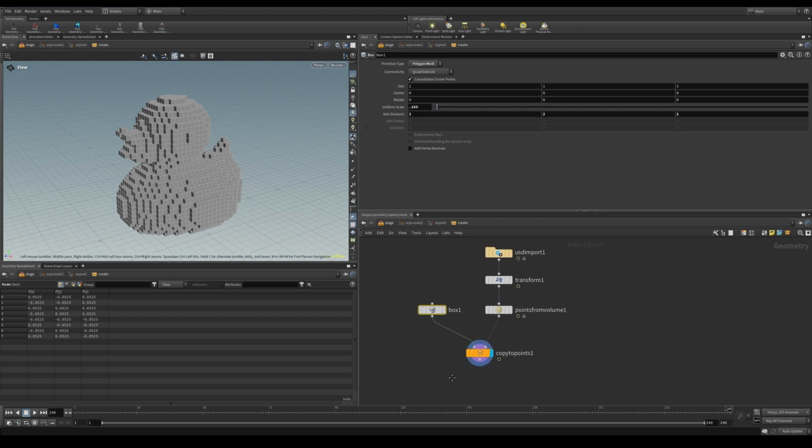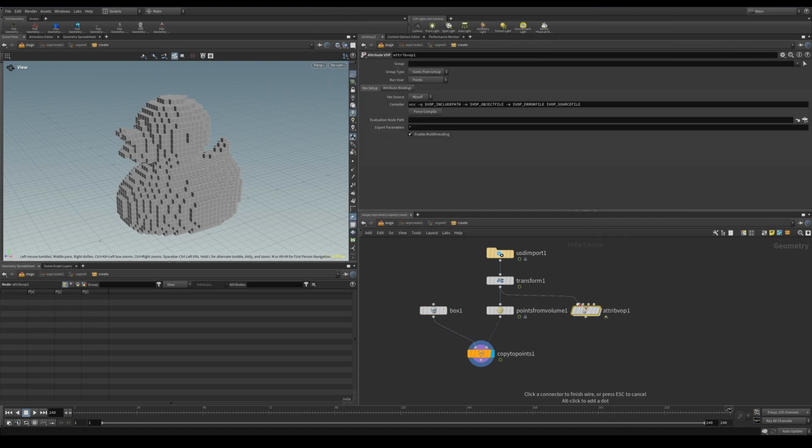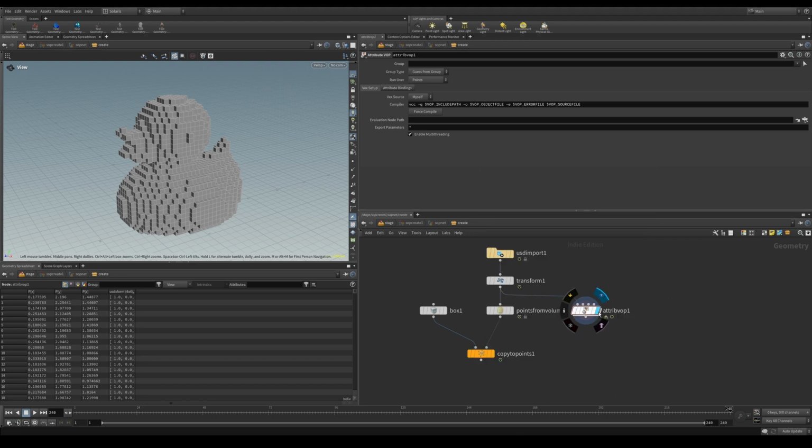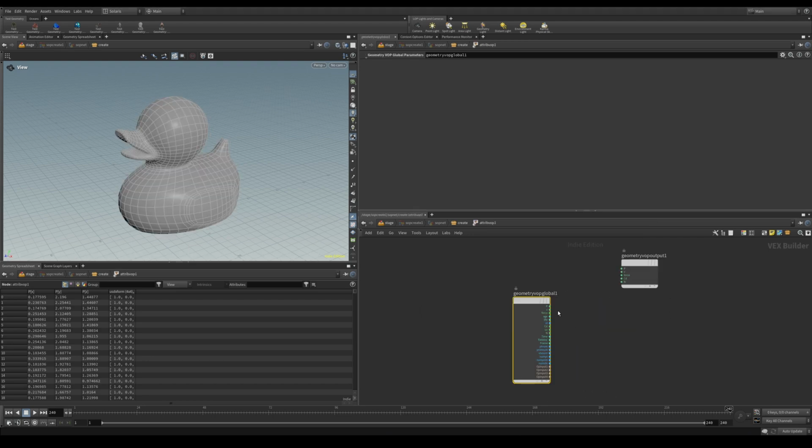Okay. Next, let's bring our texture map that we got with this model and apply that to this blocky version of the model. So for that, I'm going to use the attribute VOP node, connect the transform to the attribute VOP, and I'll just go to the transform node and click on the node info to make note of the UV attribute. So in this case, it's called UV map. We need to make sure that we can spell this correctly, otherwise this won't work. We'll go back to the attribute VOP, put the display flag, and dive in.